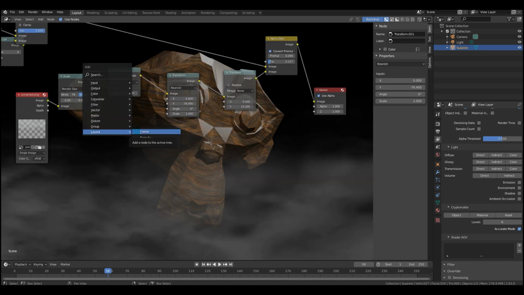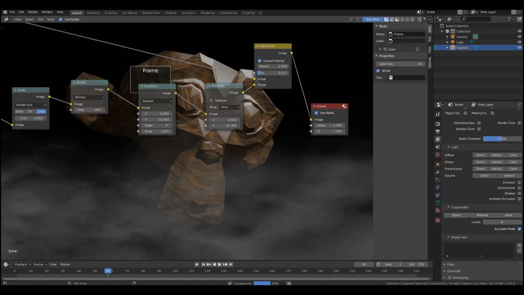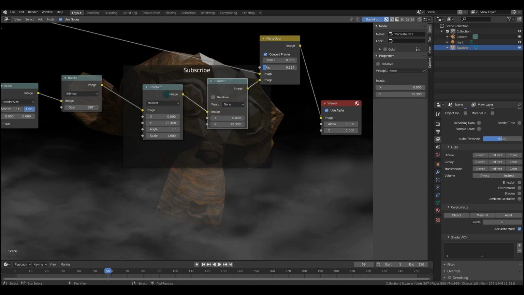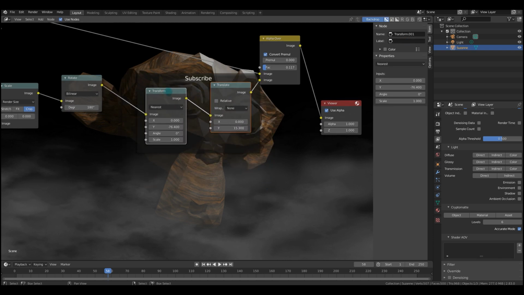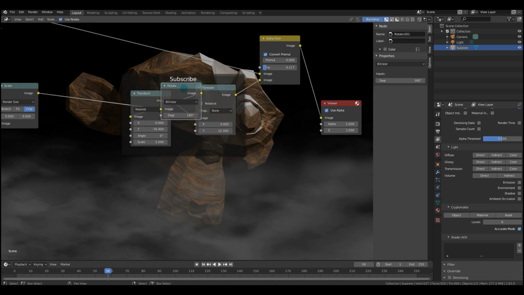And while we're at it, I think I might as well explain some of these layout nodes. The first of these is Frame. You could call this whatever you want by adding something in the label here. You can drag out these corners yourself, or if you just want it to automatically happen, you can grab two nodes, drop it in, or one node, it doesn't really matter. Any group of nodes you can drop in, and it will snap to that size.